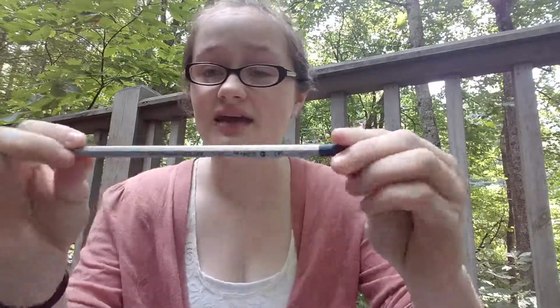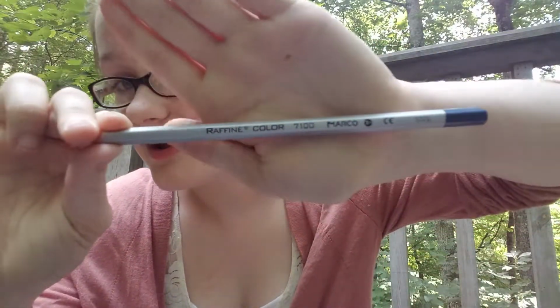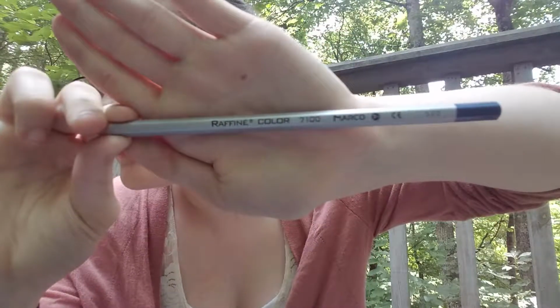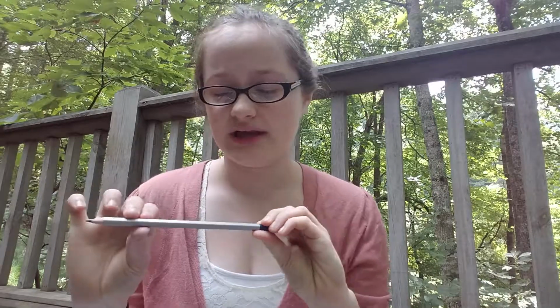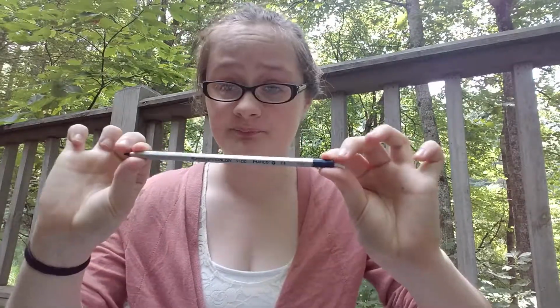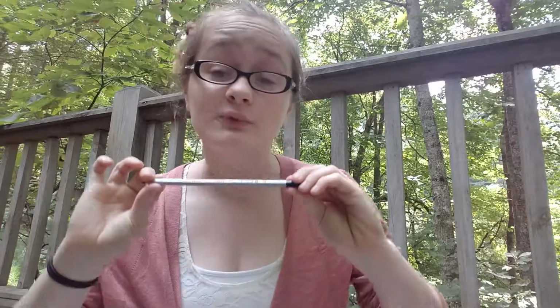Now I guess I'll go into a little more detail about all my pens and pencils. So these are my Refuge, not sure how you say it, colored pencils. Will it focus? Cover my face? Maybe? No? Probably not. Anyway, these I think I got on sale for like $12. I have a 24 pack. And I absolutely love them. They are so pretty and pigmented, and they have so many colors, and I just really love them. And I don't use them that much anymore since I got my Supertips, but I still use them fairly often,